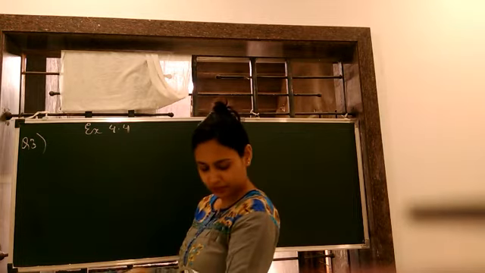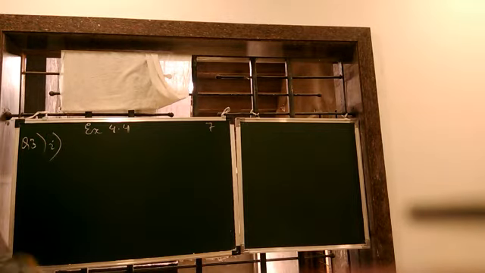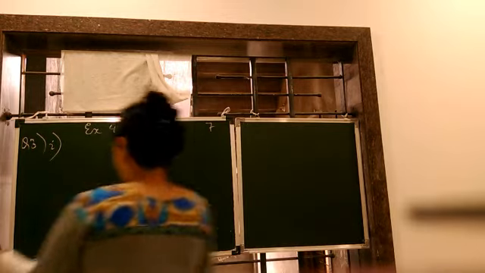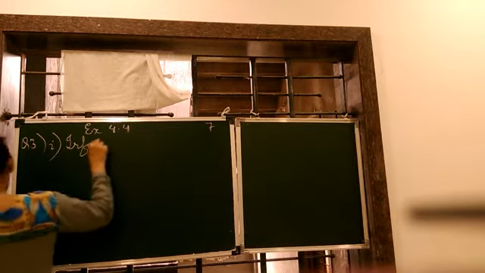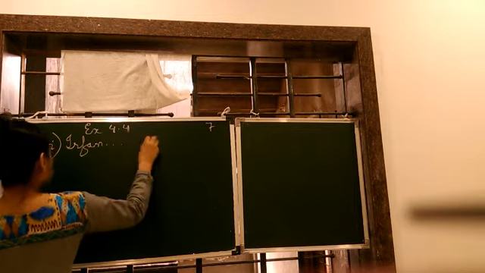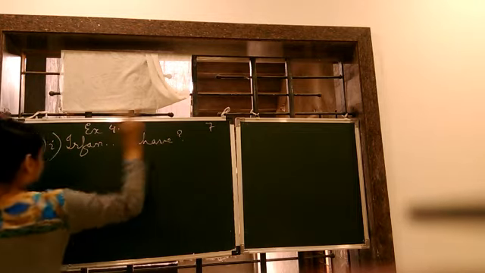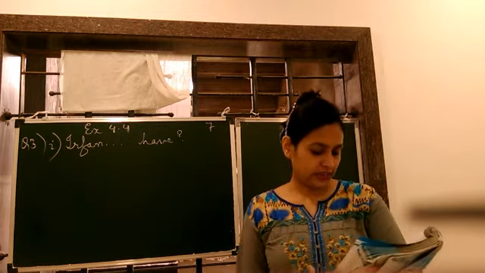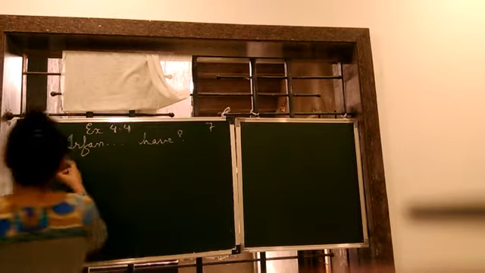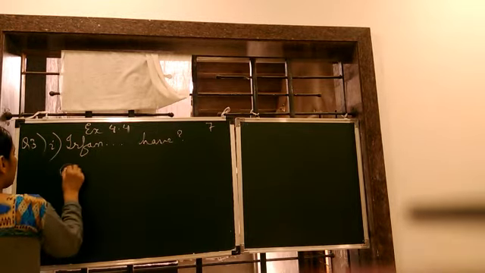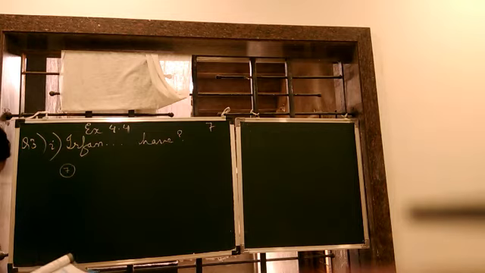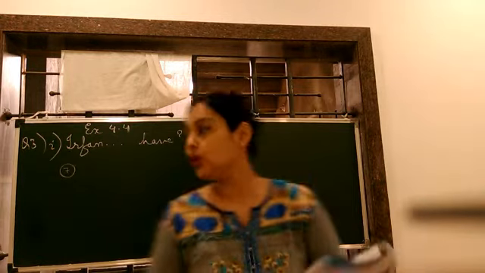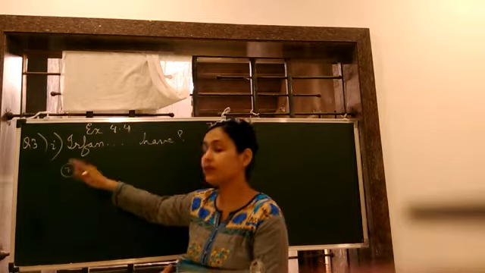Solve the following. Question number 3 says, solve the following. Let me read the question for you. Now, let's have the explanation first. Irfan says that he has 7 marbles more than 5 times the marbles Parmeet has. So, Irfan is having 7 marbles more.